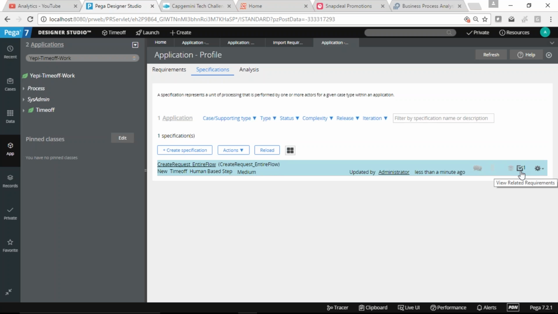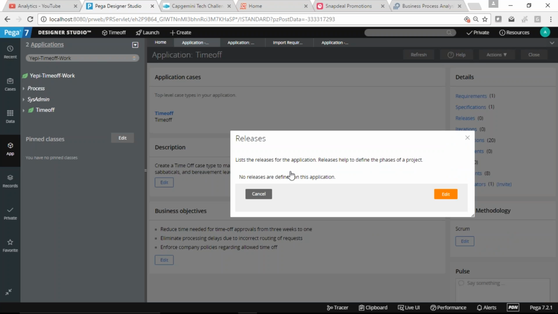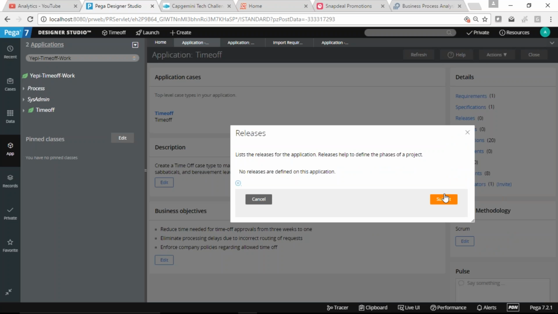Yes. How are we going to create this release and iteration? How are we going to provide the information? Release and iteration are not yet defined. If you see in your application overview page here, and click on the releases, it will open the release window. Then you can define releases and iterations here. That is part of project management, where they include in which release the items go.